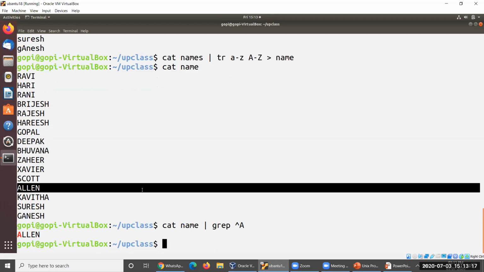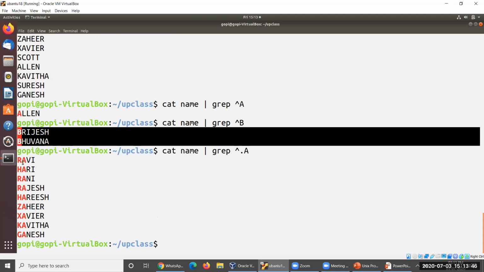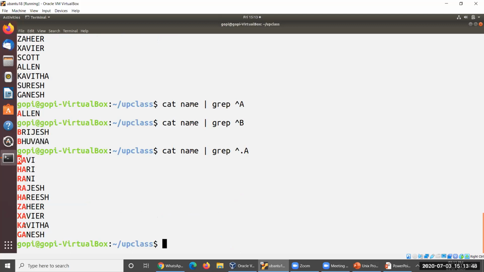Only Alan is there. If you want to specify some B, we might be having some 4 to 5 characters or 4 to 5 different kinds of things. So these are the 2 different types. Like this, you can search out. If I would like to search for the second character as A, for example, then in terms of this, a single dot will identify one character of any type, and the second character must be capital A. So look at this, all these have first character anything, but second character must be A. Okay, in this way you can operate regular expressions in terms of grep here. In terms of grep, a regular expression could be operated something like this.